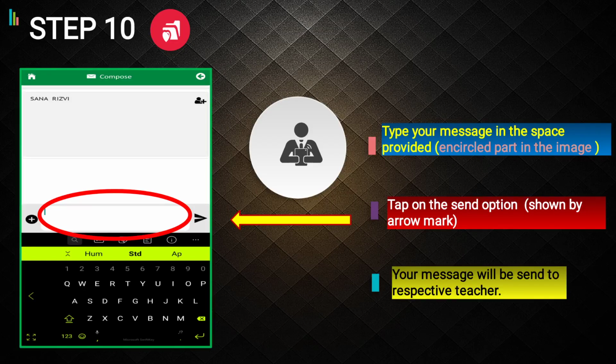After typing your message, you will tap on the arrow mark. Then after tapping on the arrow mark, your message will be sent to the respective teacher. Here I have chosen Ma'am Sana, so the message will go to Ma'am Sana. So like this, we will send our message to the subject teacher or the class teacher by following these steps.